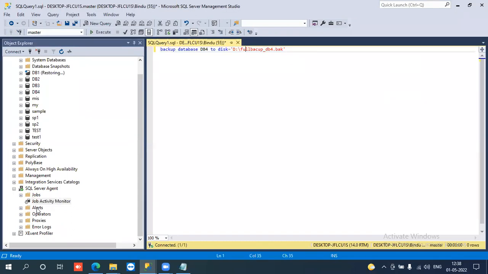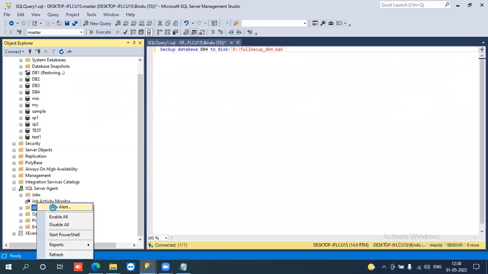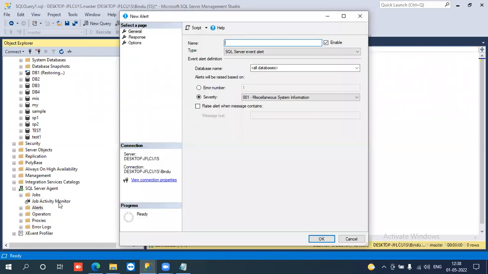The next one, alerts. If you want to create any new alert,